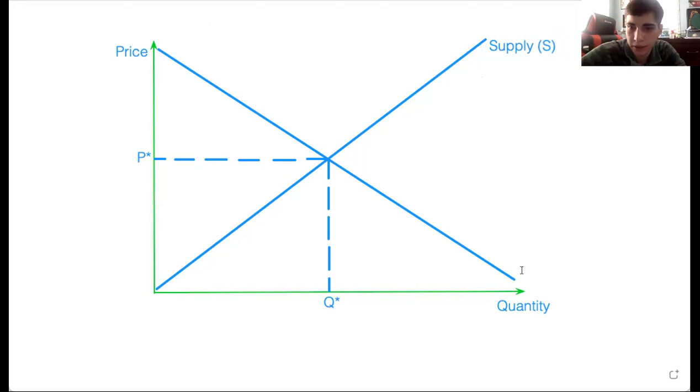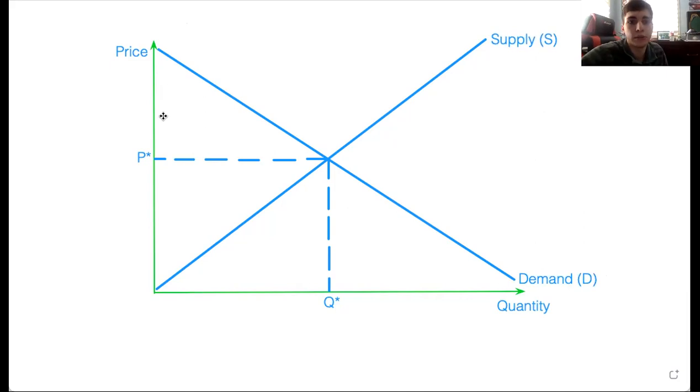Then we have our demand down here, obviously. Demand, D, is usually what it's abbreviated as. Now that we have our supply and demand labeled,